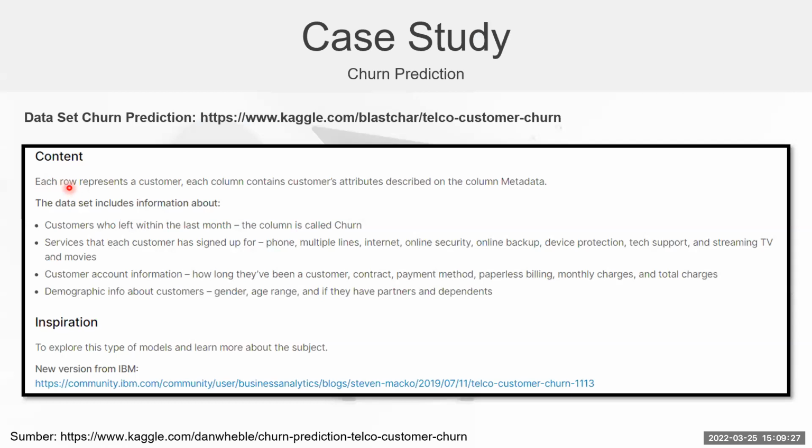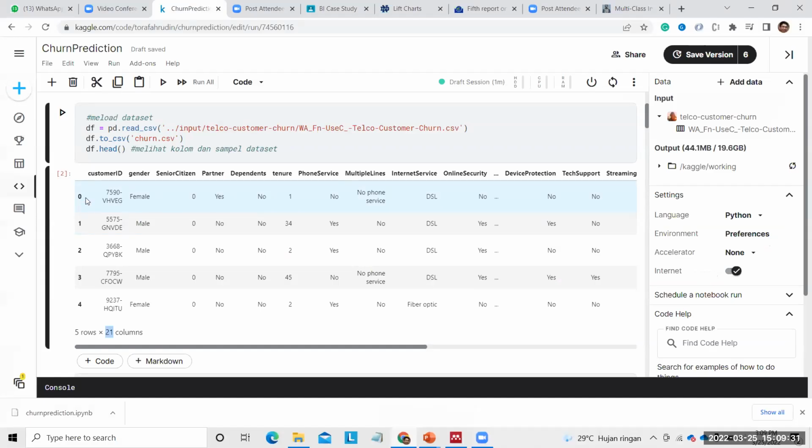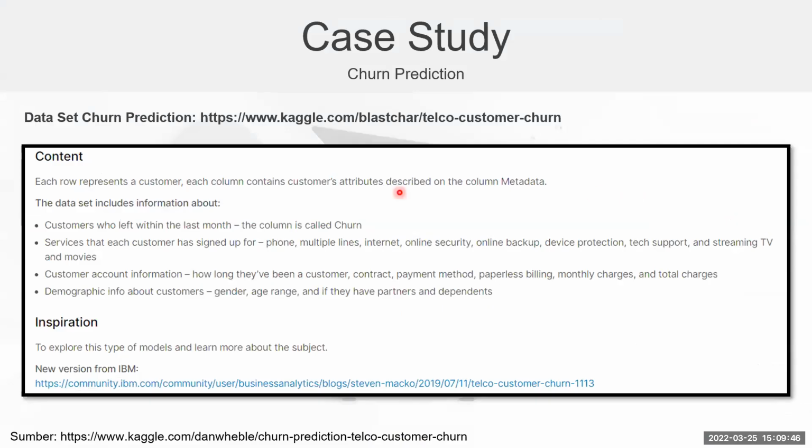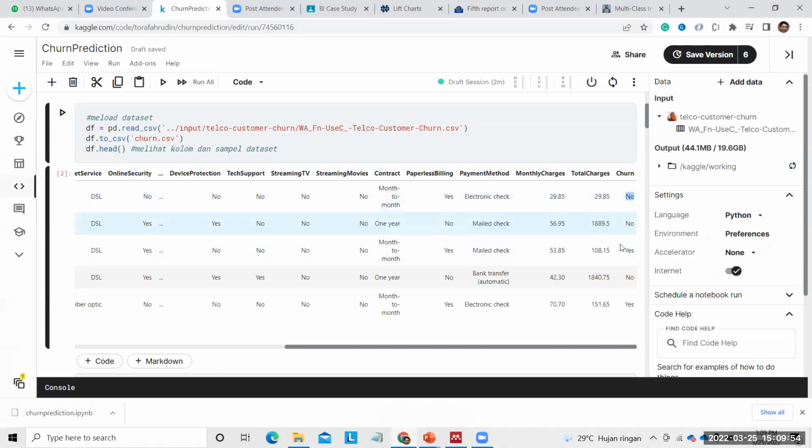Each row represents one customer, and the last attribute is the label showing whether the customer churned or not within the last month. We can see it in the churn label here.